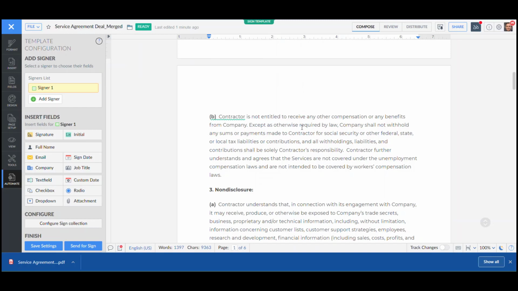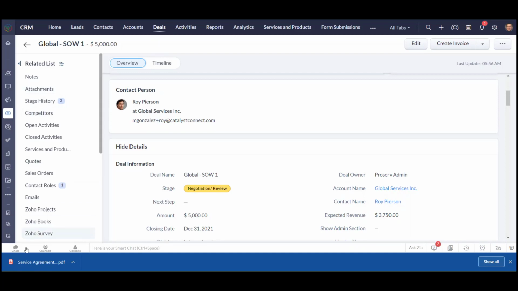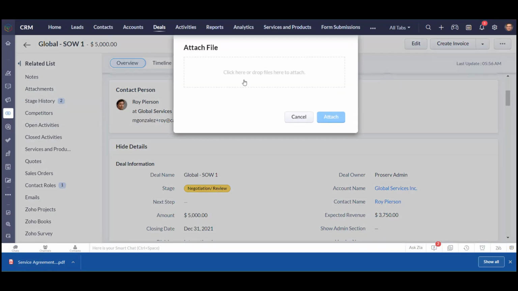I'm going to do a separate video on Zoho Sign because there are a couple of great use cases and streamlined features for getting customers to accept and sign docs. So please check back in the video series for that detailed overview of Zoho Sign. For this use case, we're going to keep it pretty simple and straightforward. We've downloaded the PDF. We're going to attach it over here